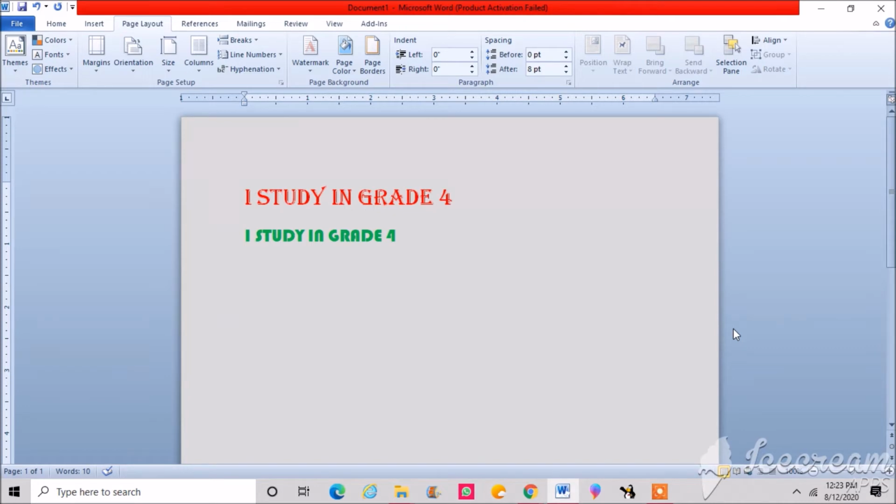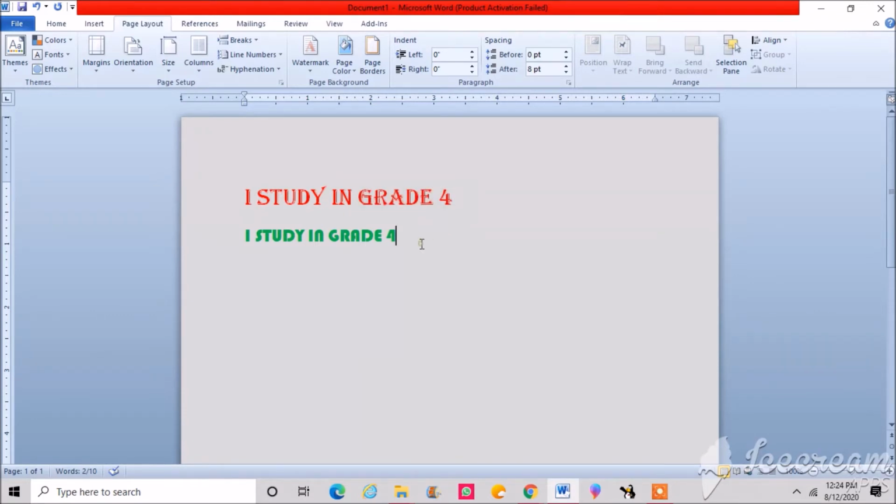For this, the Format Painter tool is used to copy and apply text formatting and some basic graphic formatting. Now let's find out where the Format Painter button is. First of all, select the text or graphic whose formatting you want to copy. Suppose I want to copy this format. Here you can see there are two sentences written in different handwriting, different color and different font size.